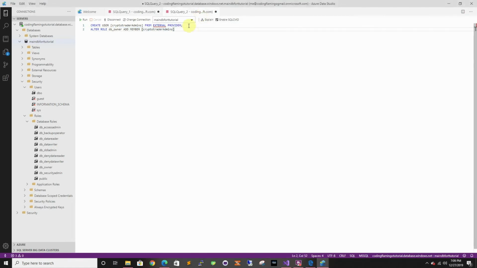So in here we're gonna do create user, and then we're gonna add it to be a database owner. So in this case it's gonna be an owner because it's the admins, but in here you can see you can have data writer, data reader, and many other roles. So you can just literally go on Bing or Google and type in this information and it'll come up with what the database roles are. So alter role, this is going to give us the role of owner,